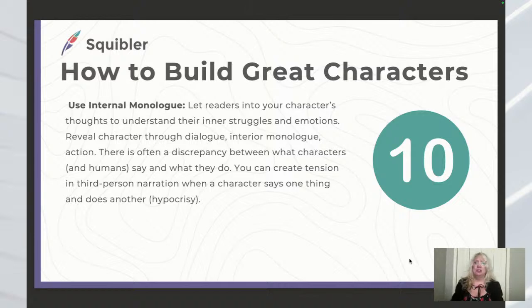You do want to use internal monologue for some of your characters if you feel like that's going to help develop them. Let your readers into your characters' thoughts to reveal their inner struggles and emotions. You can reveal characters through dialogue, interior monologue, and action. There's often a discrepancy between what characters and humans say and then what they end up doing. We are complicated animals, complicated species. You can create tension in third-person narration when a character says one thing and does another, and that's hypocrisy. And I think a good example of that would be